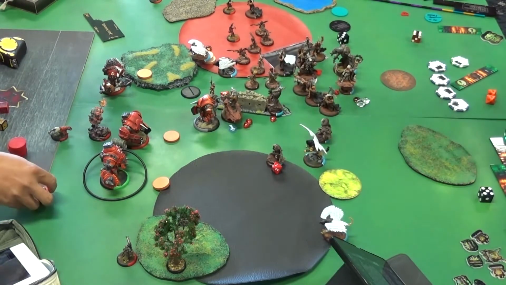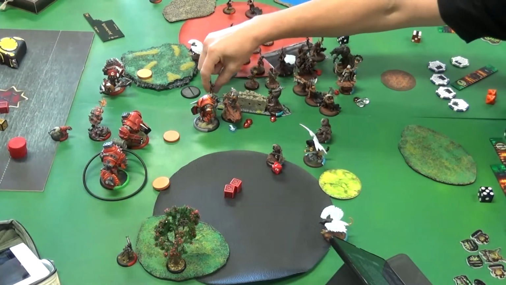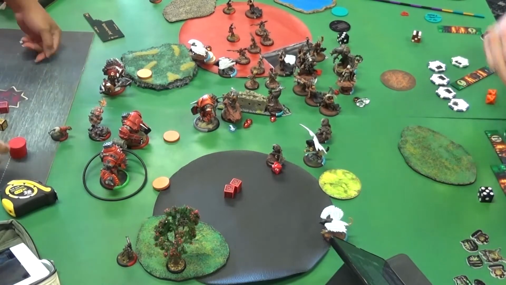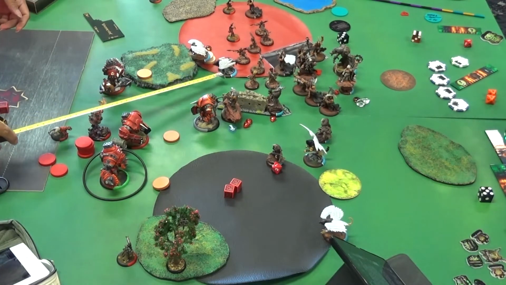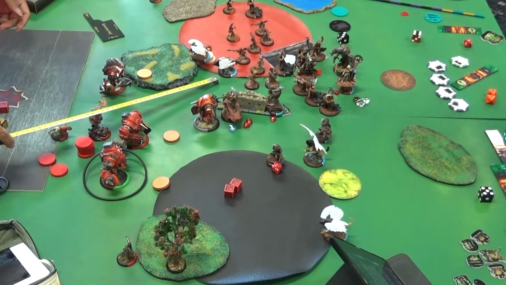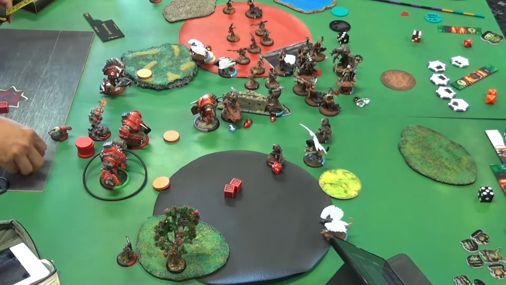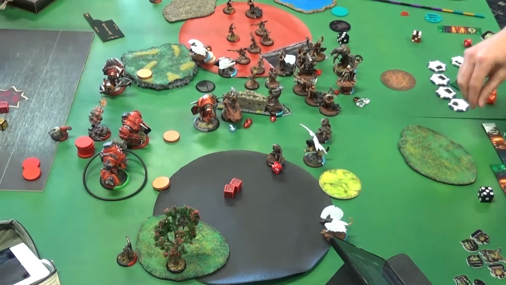White Mane Tufts. Rain of Death. Clears out some light infantry skirmishers. Now Butcher's got a bit of a run to do. Wow, charge. Okay, the game's going to pick up now with voiceover from the...